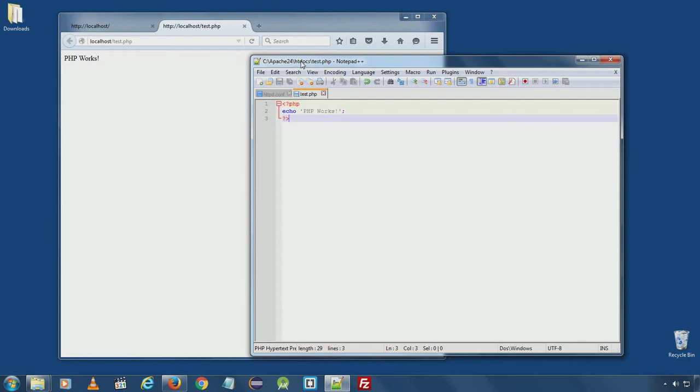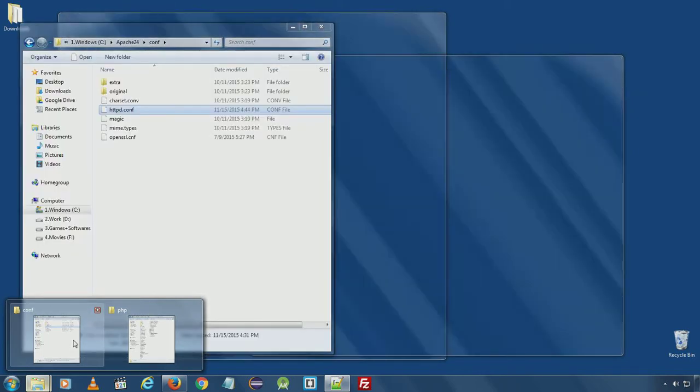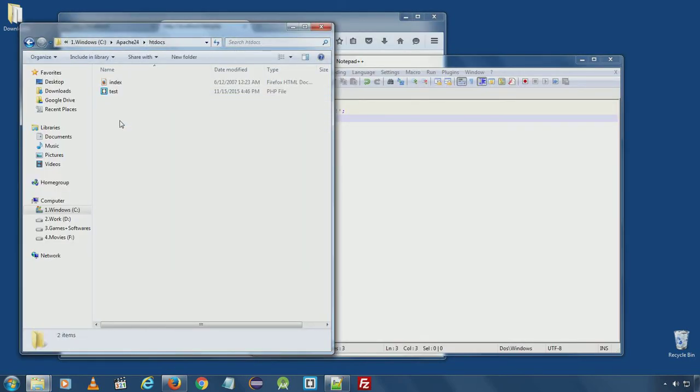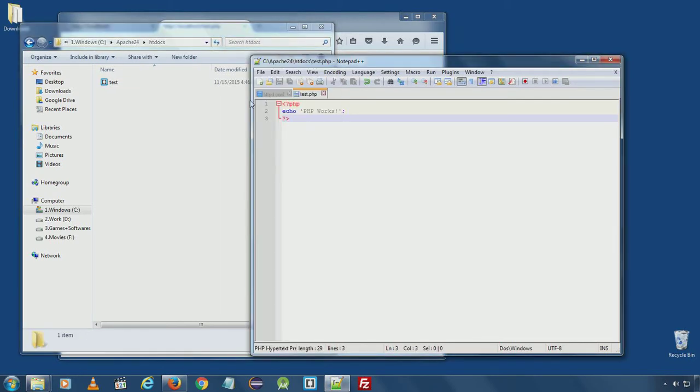One more thing before we proceed to installing phpMyAdmin. I'll go to Apache 24 and htdocs folder. I will delete this old index file and create a new PHP index file.